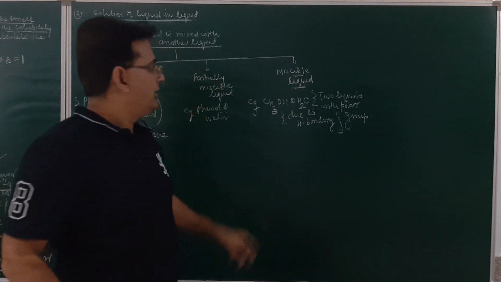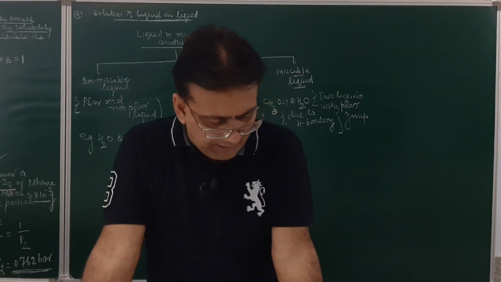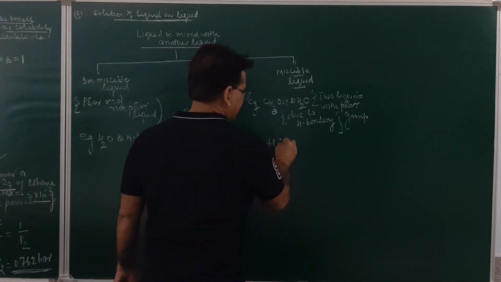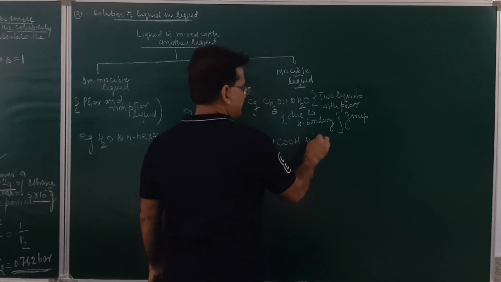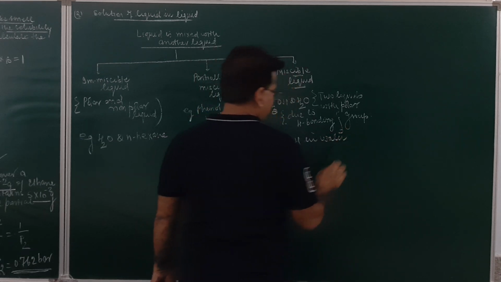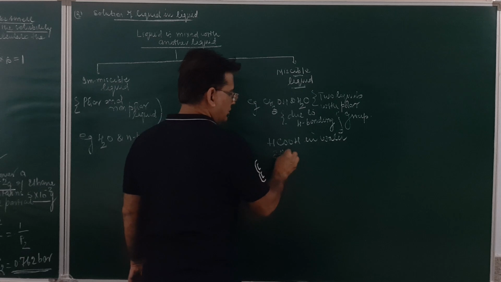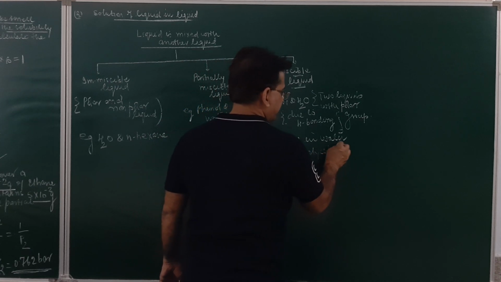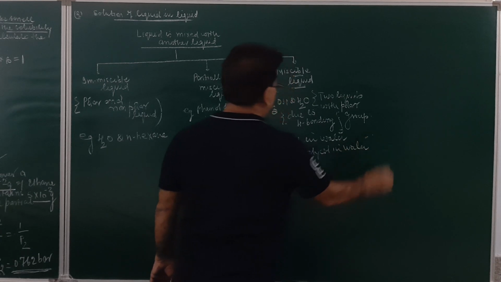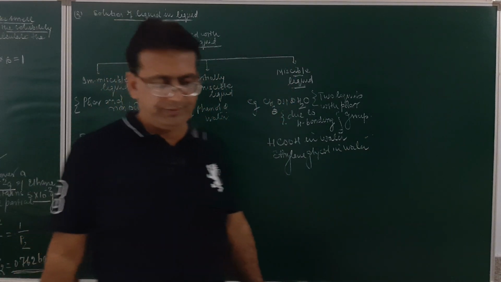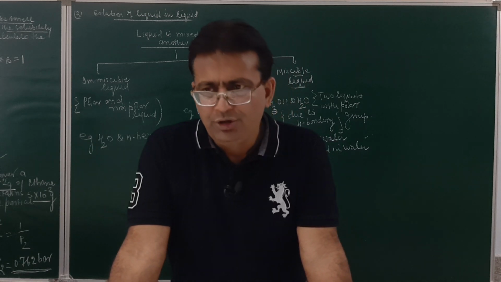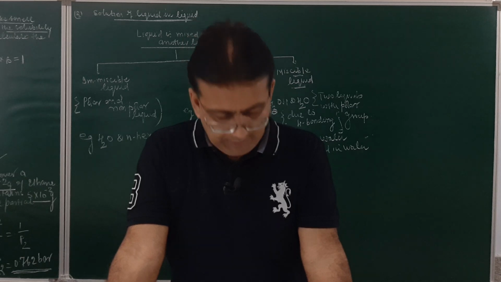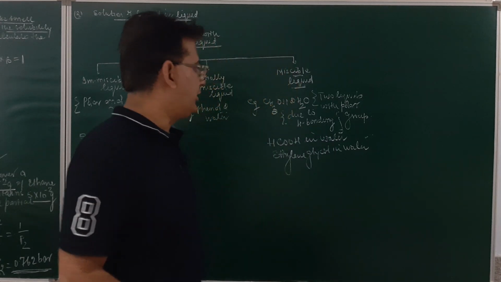In this case, the possibility may be either due to hydrogen bonding. Similarly, we may take formic acid in water, or ethylene glycol in water. All these are completely miscible liquids. Apart from that, two liquids with non-polar groups can also be soluble in each other. In that case, the force will be London force.